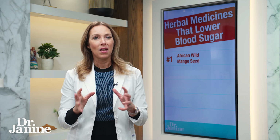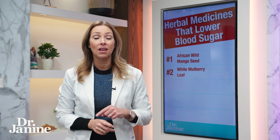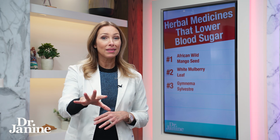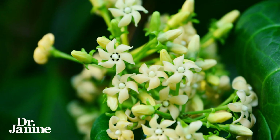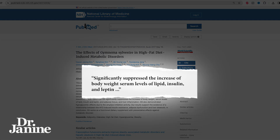Love this herbal medicine. Okay, the second herb that I love is white mulberry leaf. And this has been shown to help with regulating the gene expression of leptin. Fantastic for balancing those blood glucose levels. The third herbal medicine that I love is Gymnema sylvestre. And in one study, it found that it significantly suppressed the increase of body weight, serum levels of lipid, insulin,